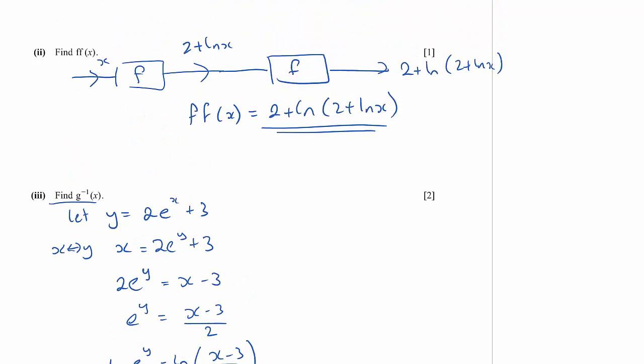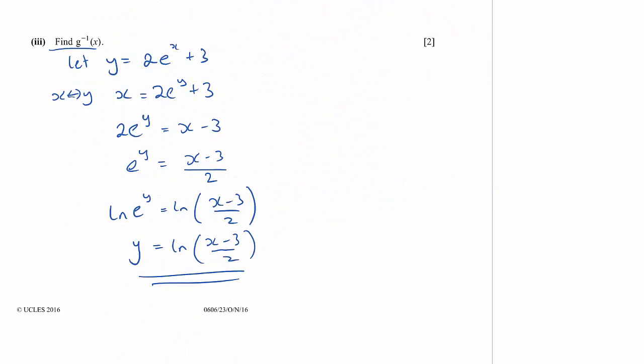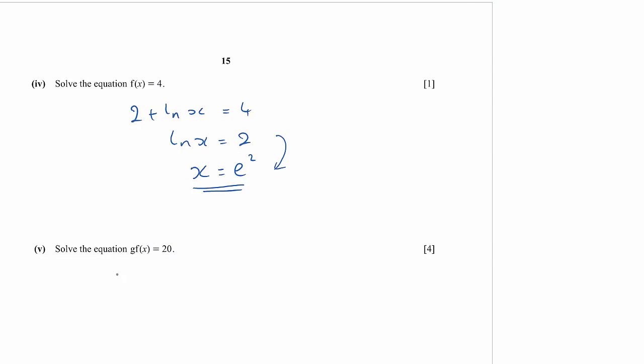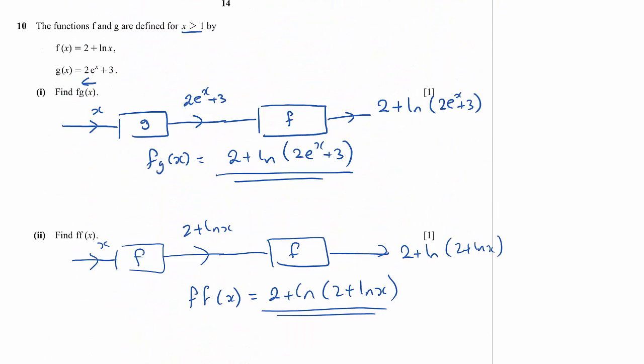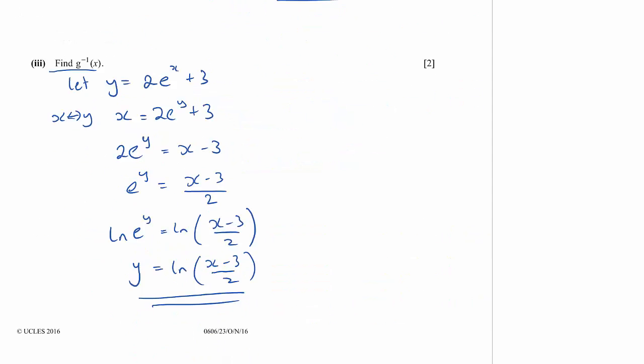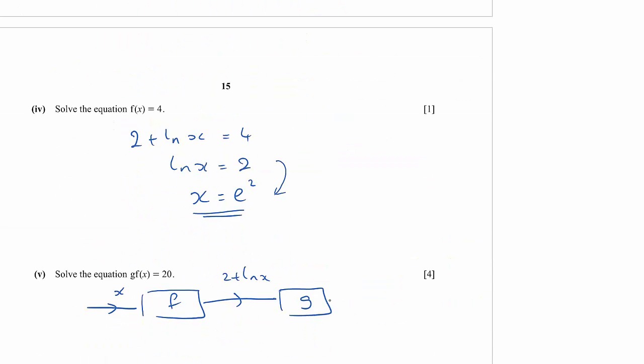Have we done g of f of x yet? No, we did f of g. So to get g of f of x, we're going to do f first. Sorry, that's x. And the f function is this one, the 2 plus ln x. So out of there comes 2 plus ln x. And we'll stick that into g. And what does g do? It's 2e to the x plus 3. So that is going to give us